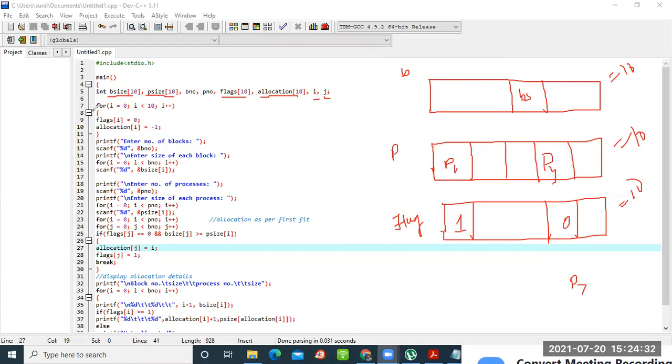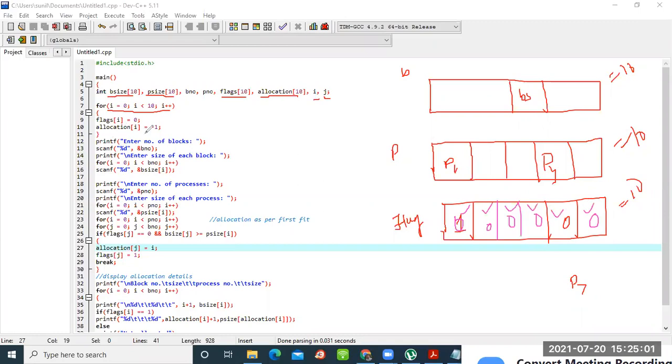So what we are doing now, I'm taking a for loop for i equal to 1 to 10 because the size is 10. Now I'm initializing flag of i equal to 0. What are we doing for all of them? We are making them 0. Why? Because initially all are not assigned. We are making every flag value 0. Is it clear to all of you what the flag value is doing? Initially, no process is assigned, so I'm making every flag value equal to 0. That means none of the processes is assigned.